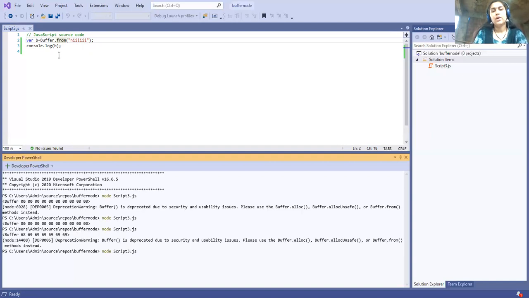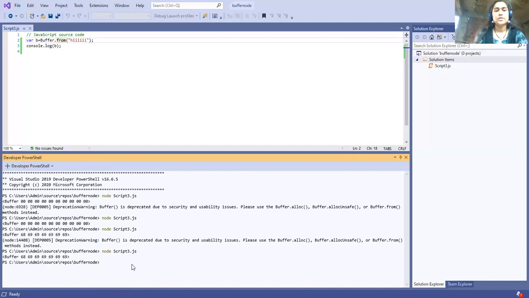Now see if I use it with the from method. So here, no warning again. Whenever I initialize the buffer with the from method, there is no need to write the alloc function here. It will by default use the alloc function to allocate the memory.